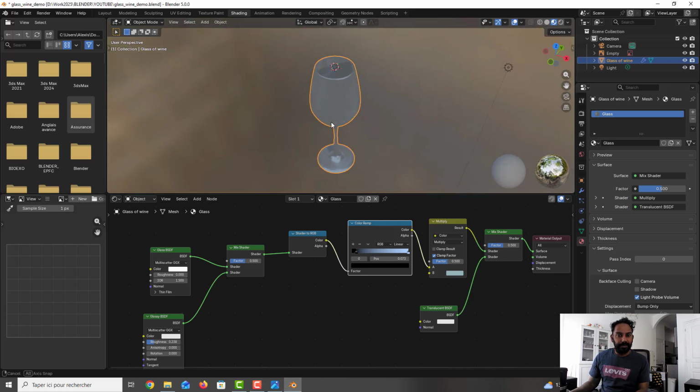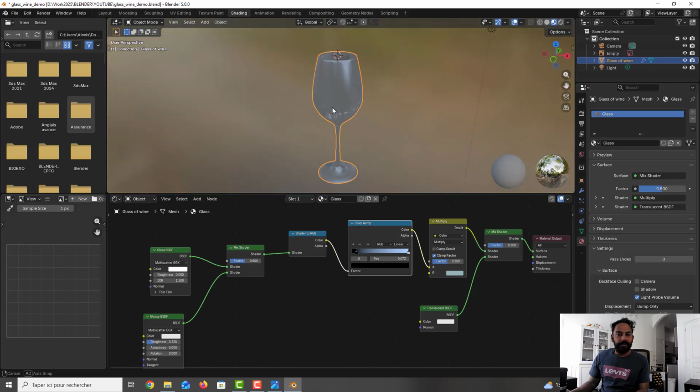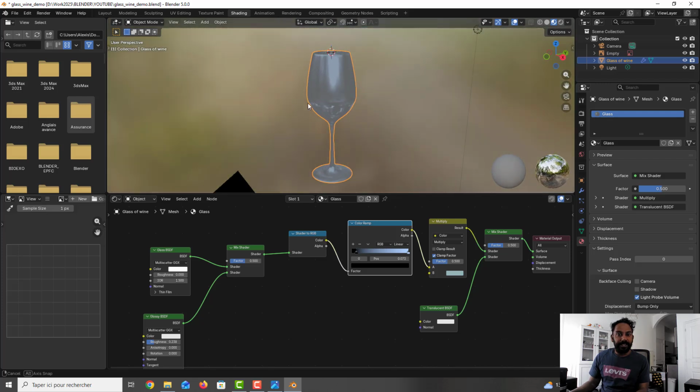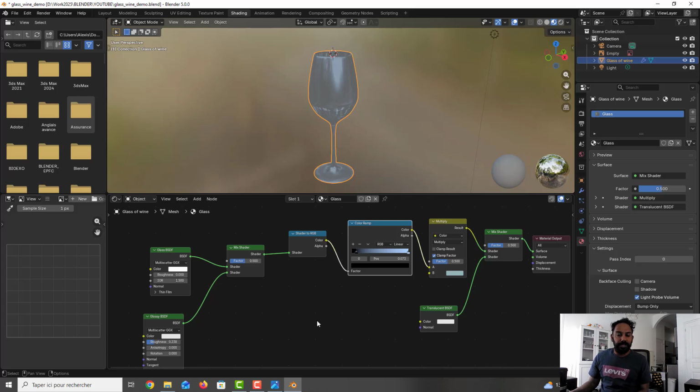So this is perfect. You can put an environment with a nice texture and it will be reflected on the glass. As you can see, it's a lot of parameters to see and some notes here. This is a small example, but feel free to make that more complex and more